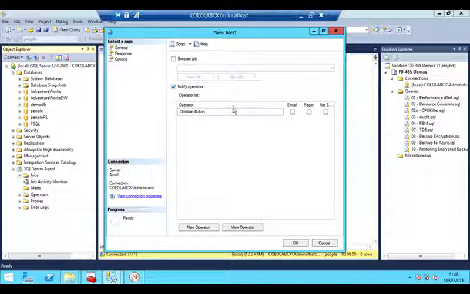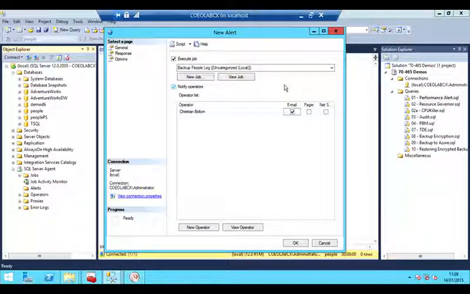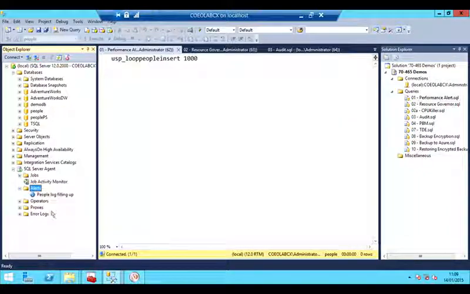So now the response. Notice I could have a notify operator and/or notify operator. I've got myself defined as an operator there, and I could send myself an email. But what I'm really interested in is this execute job capability. Now, I already have a backup job defined to back up the transaction log for this people database. So I'm just going to select that as the alert response. And of course, backing up the transaction log will truncate it. Exactly. So if we set this alert up now,